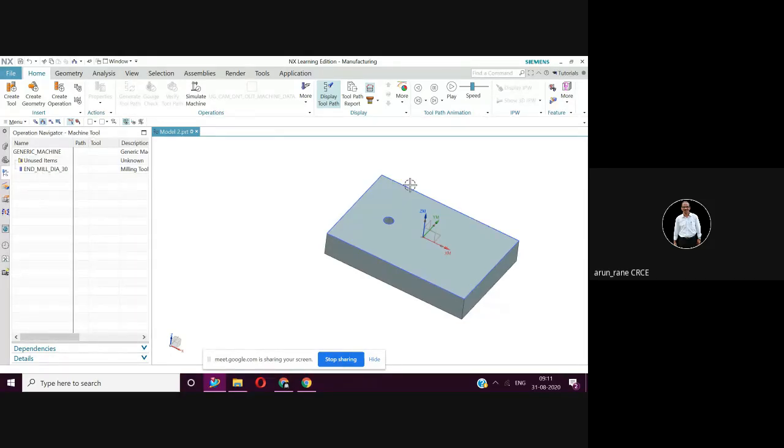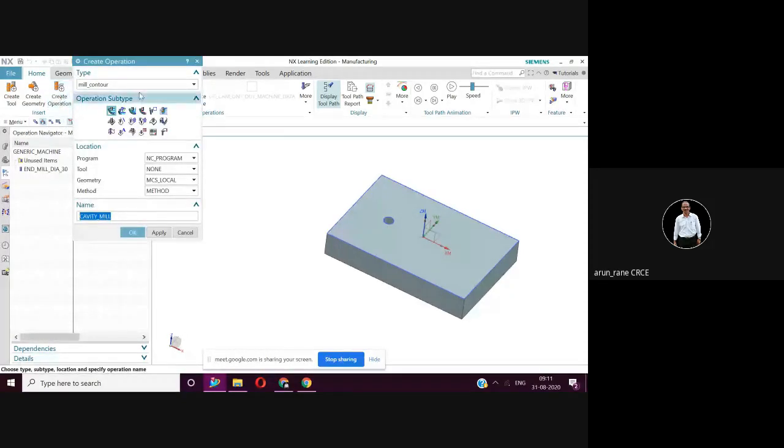Now once the tool is created, we will go for the operation. Click create operation. Mill contour.